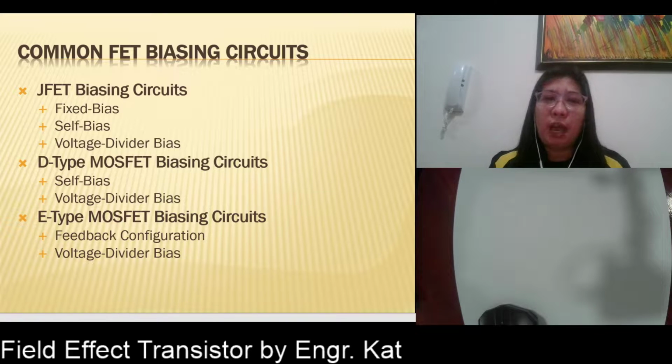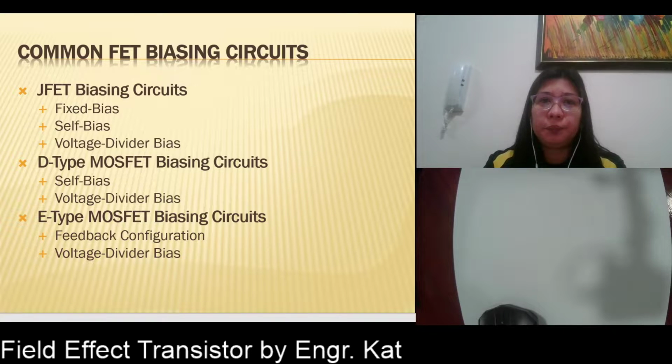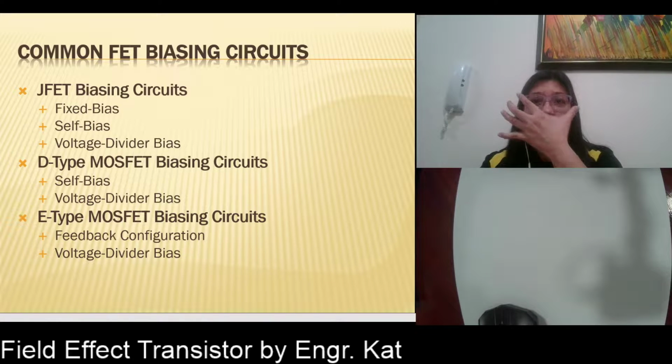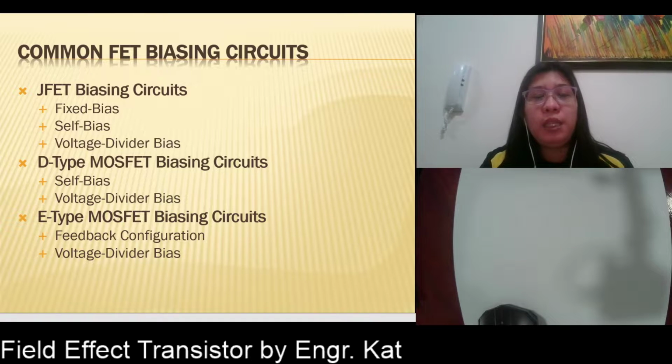We're going to find out that the analysis for the JFET and the D-type MOSFET is just the same. There will just be a little bit of difference when we are trying to draw its transfer curve. But for the load line using the self-bias and the voltage divider bias, we're going to notice later that they are just the same. So when you understand the JFET DC analysis,